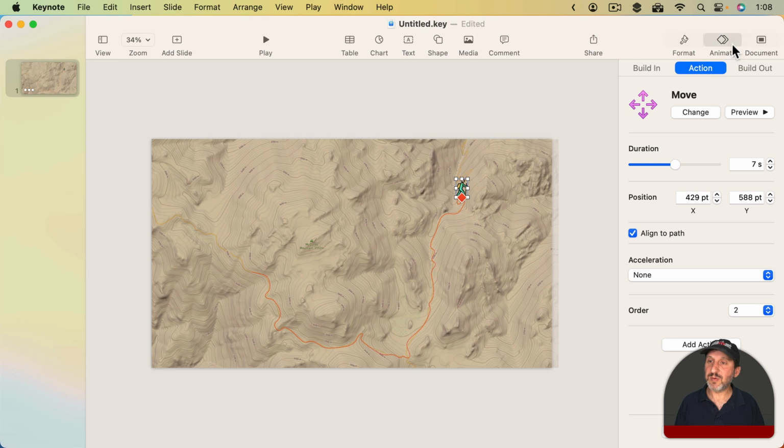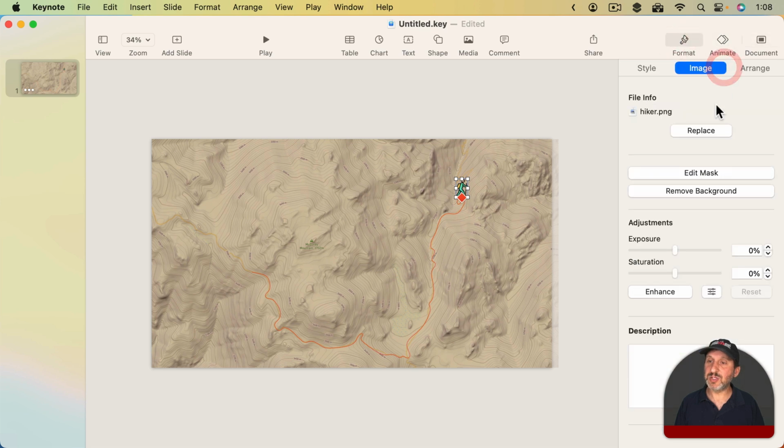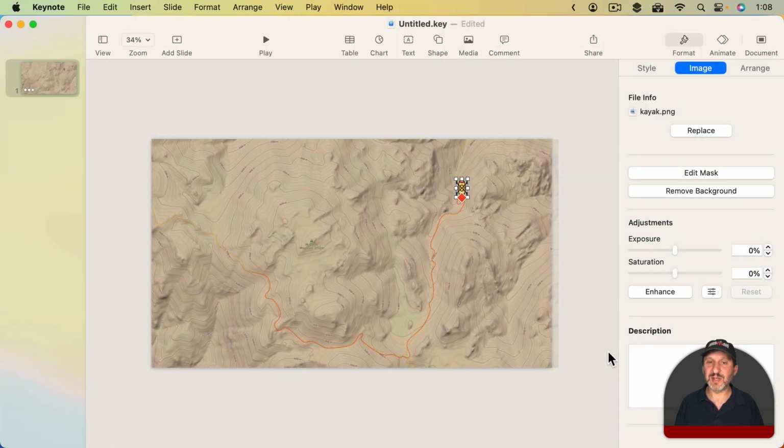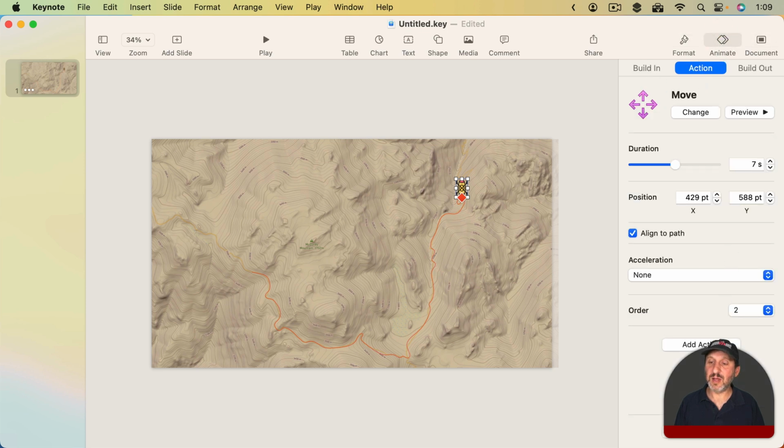Or what we can do, with the hiker selected, is select Format, Image, and then replace the image with this kayak graphic. So let's pretend the trail's a river instead. Now the kayak graphic is oriented straight up and down. So now that I replaced the hiker with the kayak, if I go to Animate and then Preview, you can see the kayak actually does follow there,